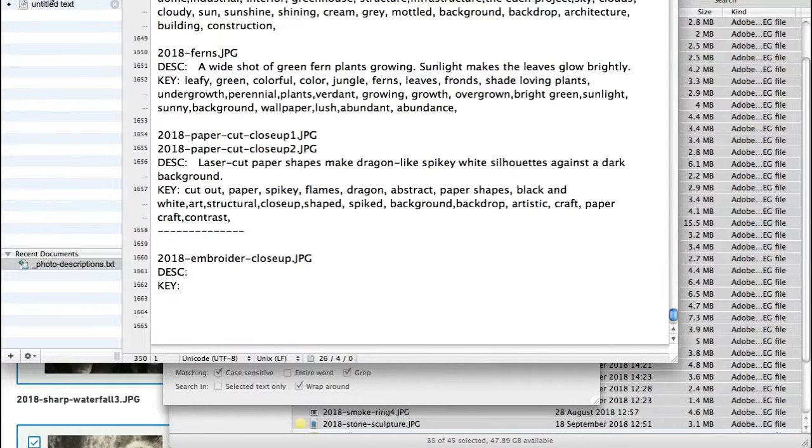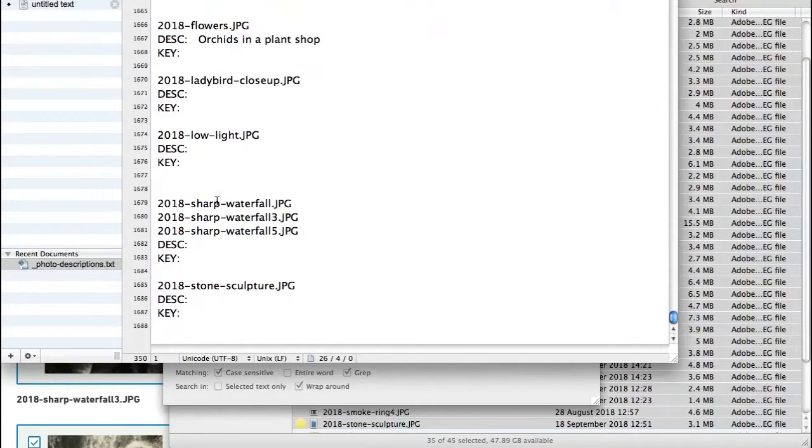Here's one I've prepared earlier. I'm going to describe all these waterfall pictures with the same description and keywords, so I've put them all in one lump here. And the reason I'm doing this in a text file rather than doing them straight into Shutterstock is partly because of the speed thing, which you'll see as I paste in the keywords, but also,